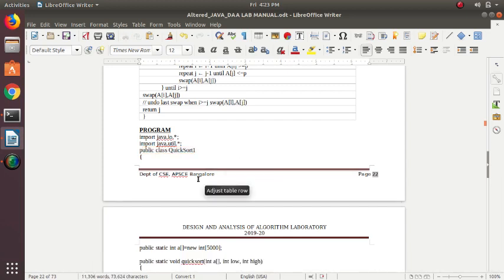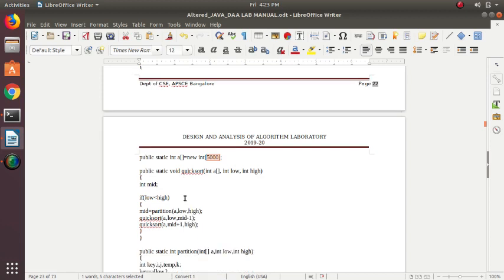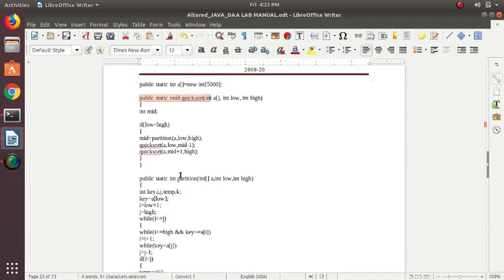The program uses a public class by the name quicksort1. It reads 5000 because the question asks for more than 5000. Okay, if you use up to 5000 also, it is not a problem. And there is a quicksort function, public static void quicksort, which does the quicksort method. Here I'm using the same logic.